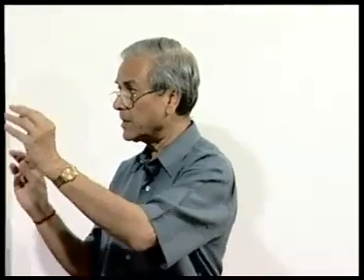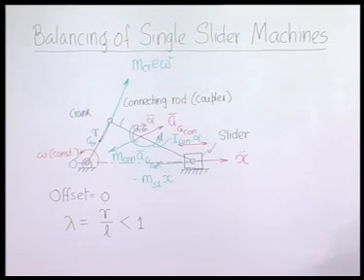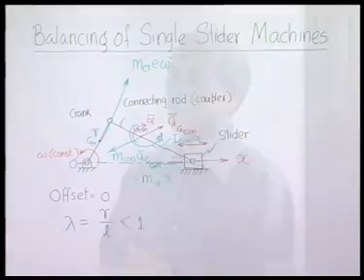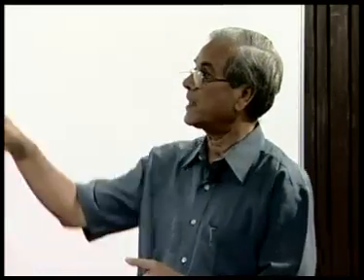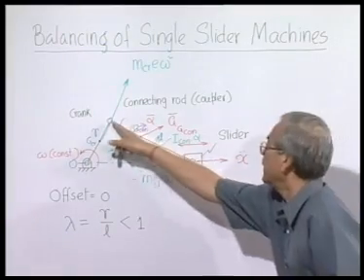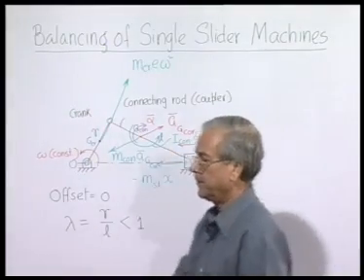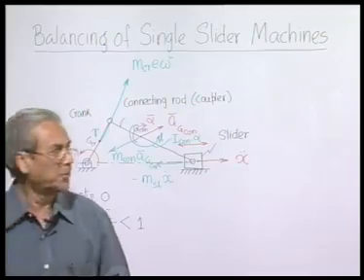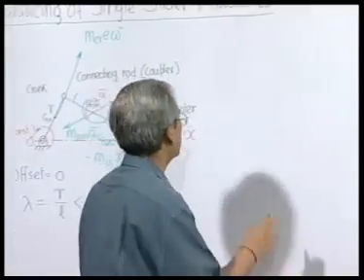In other words, we replace the connecting rod, which is the problem maker because it is a floating body, by two concentrated masses or particles placed at the two ends, that means here and here. Thus, what we propose to do next is